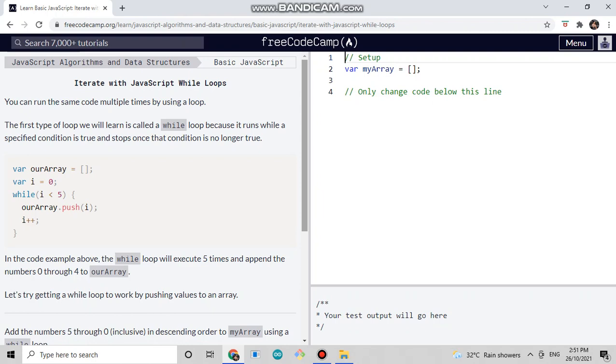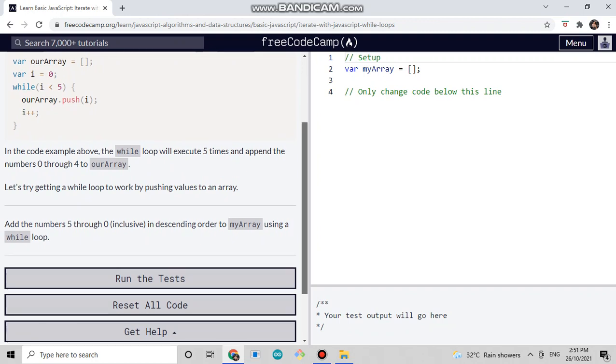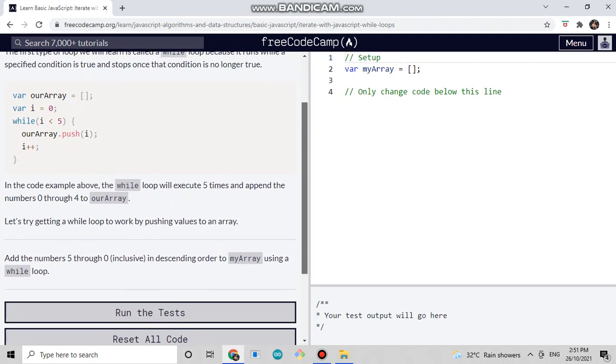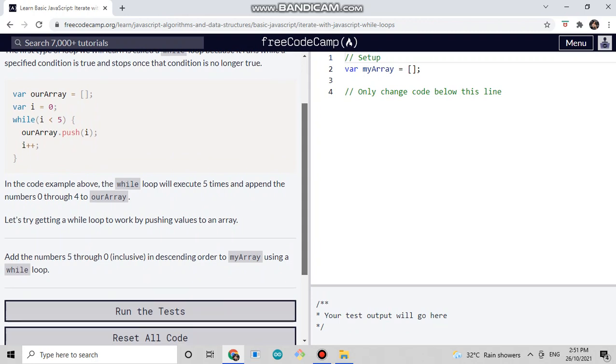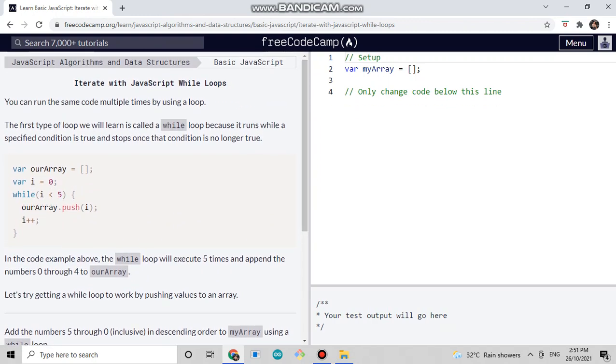Next, iterate with JavaScript while loops. So in the code example above, the while loop will execute 5 times and append the numbers 0 through 4 to our array. Let's try getting a while loop to work by pushing values to an array. Add the numbers 5 through 0 inclusive in descending order to myArray using a while loop. So var myArray, var i is equal to 5,